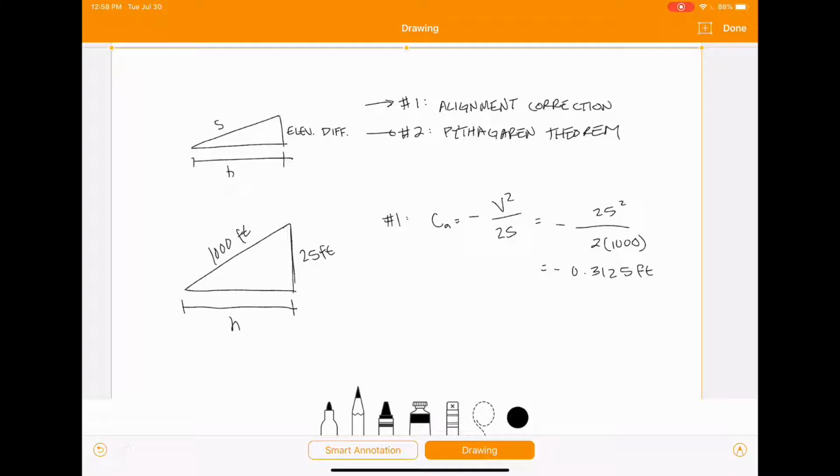And so then to get your horizontal distance, it's going to be your slope distance plus your correction for alignment. So 1,000 feet plus a negative 0.3125 feet. And so we'll get h equal to